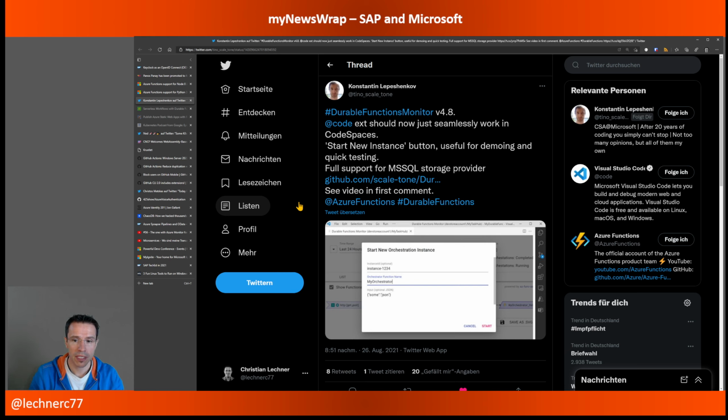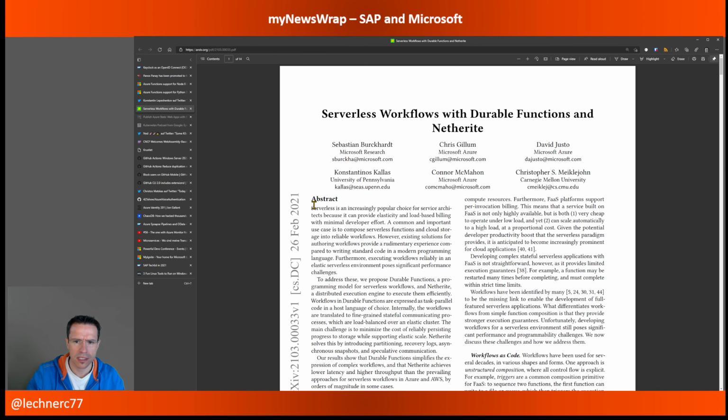Then, picking up the new storage providers for durable functions, there is one paper that I would like to highlight, which is not brand new, but came to my mind this week for some reasons. This is a scientific paper around serverless workflows with durable functions and with Netherite. Now, don't get on the wrong path due to the title.